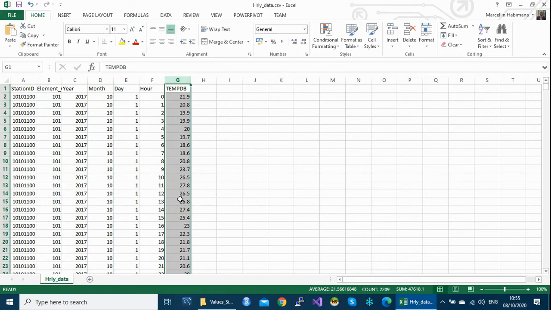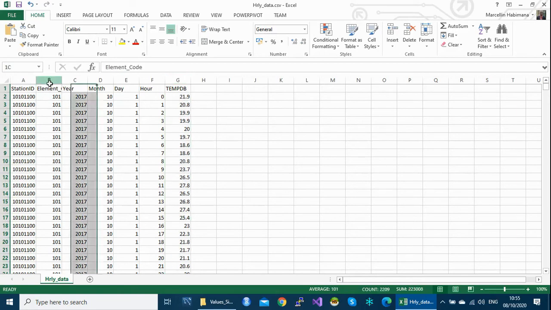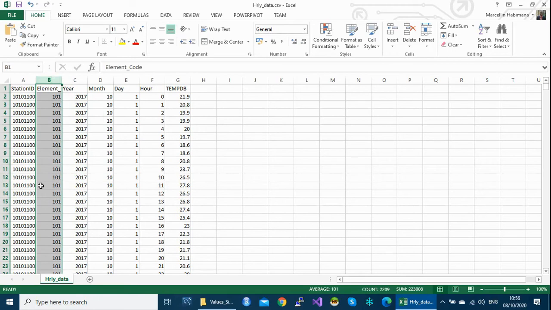So our first scenario is we are going to import our hourly data where the element codes are in one column. We have two scenarios here, but our first video is to import our hourly data where all the elements are in one column.